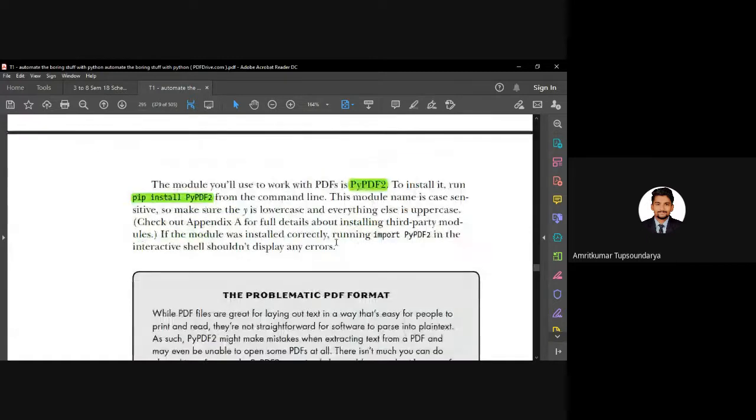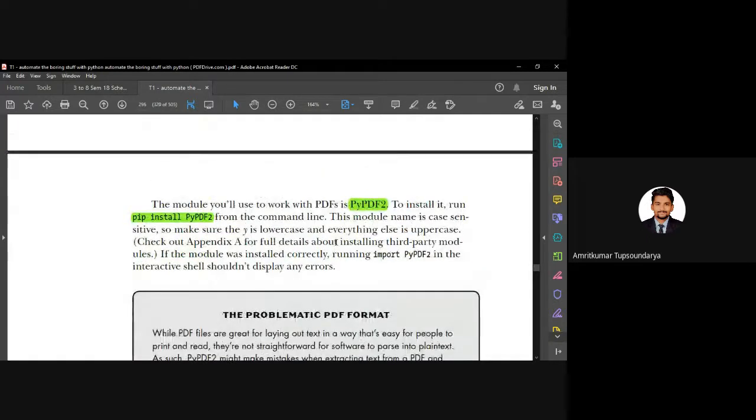As I said, we have an inbuilt module for that, called PyPDF2. Mostly this module will not be pre-installed in your tool. So in order to install it, you might have to use this instruction: pip install PyPDF2. This is a case-sensitive instruction, so please make sure that you enter the case properly.